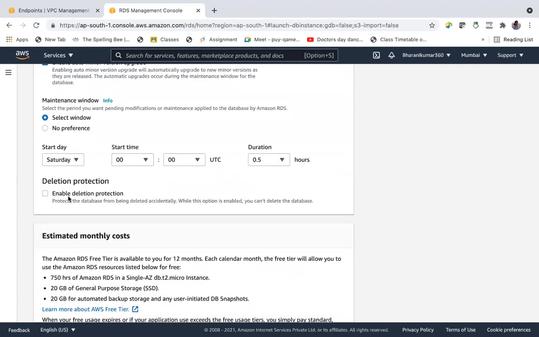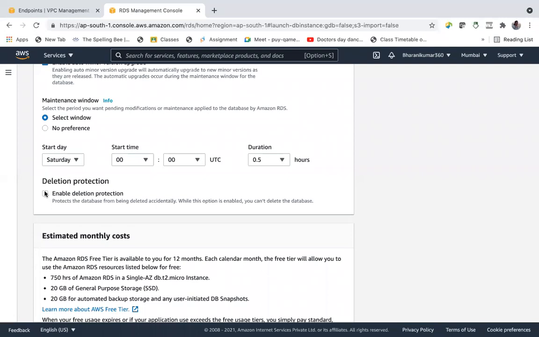Deletion protection, we know already. We have seen it in EBS and S3 also. Enabling deletion protection means no one can delete the database until it is removed. If you want to delete a database, as an admin, you have to uncheck this, and only then can it be deleted.